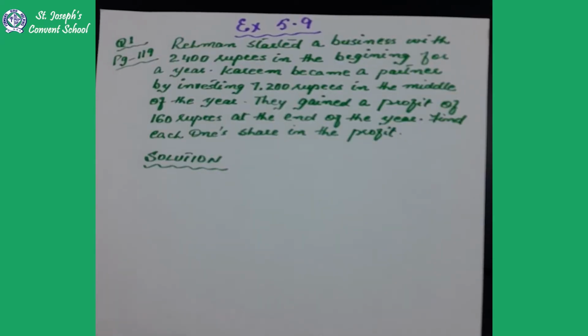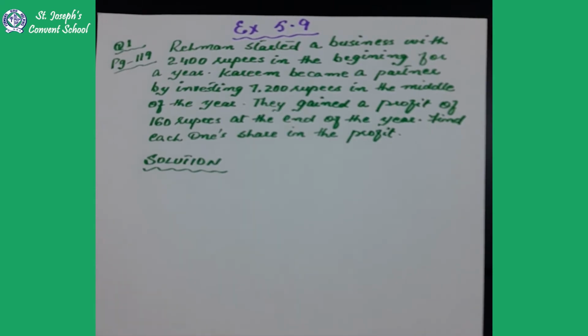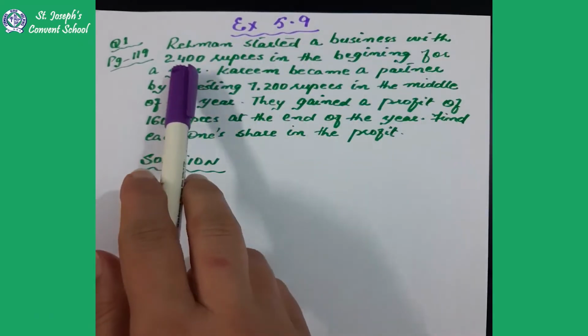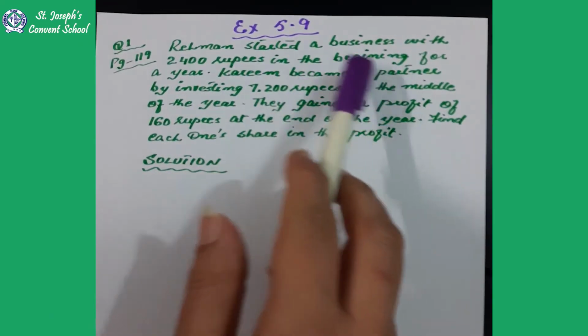Okay, now the question is from exercise 5.9. I have already written the question. Let's solve this question. Now, in this question, Rahman started a business with 2400 rupees in the beginning for a